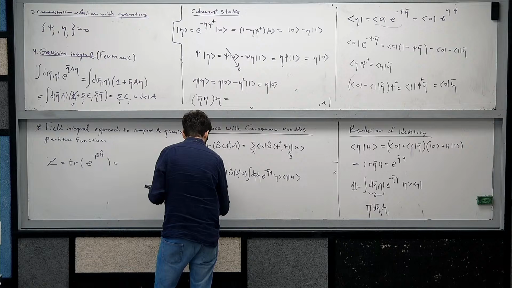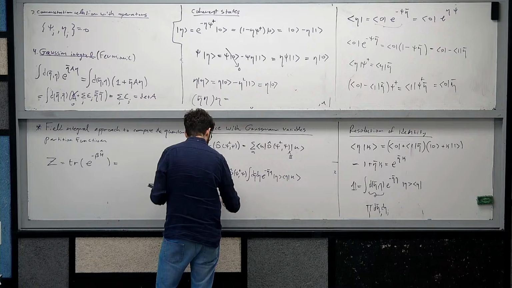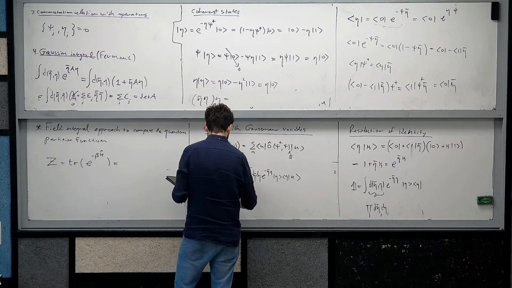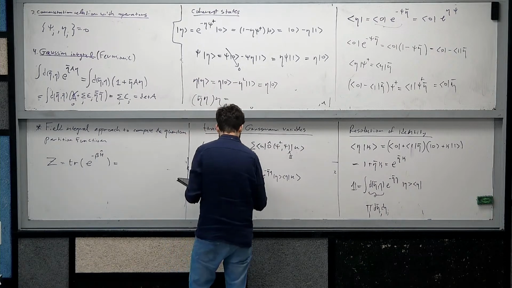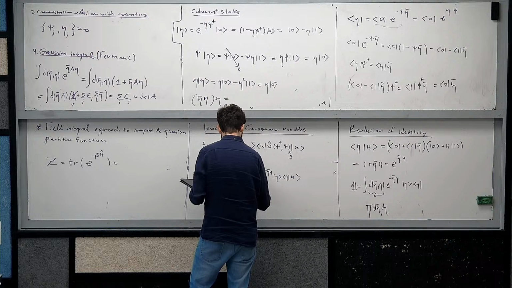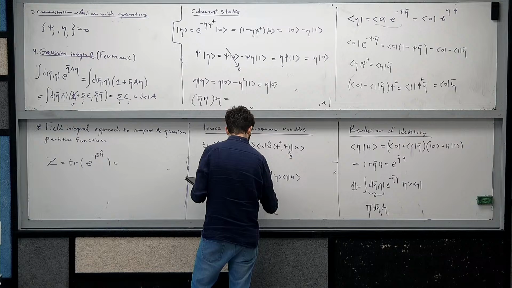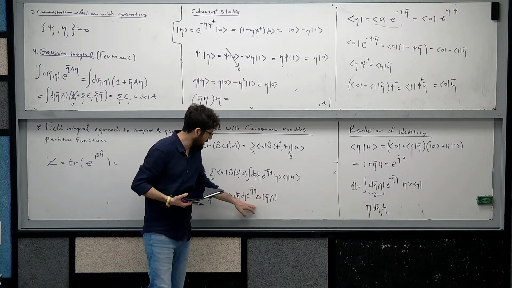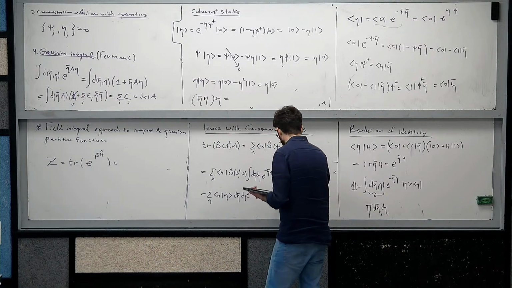So this thing becomes a sum over n, d eta bar d eta e to the minus eta bar eta O of eta bar and eta, which is now written as a function of Grassmann variables instead of